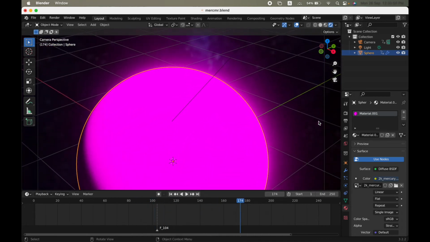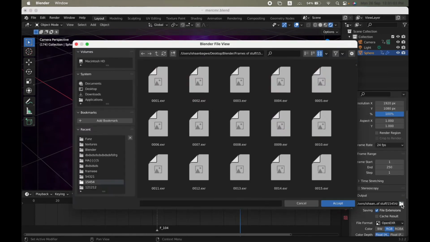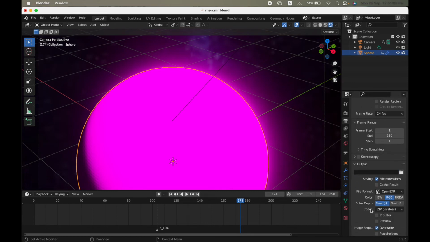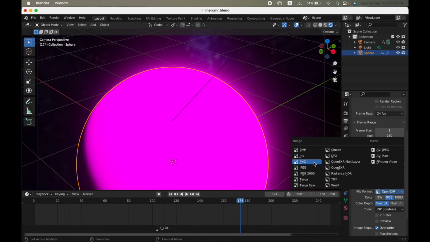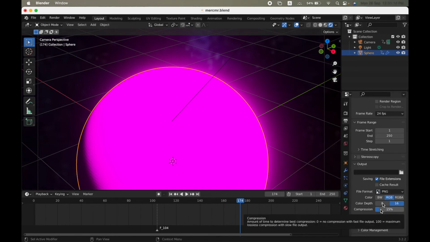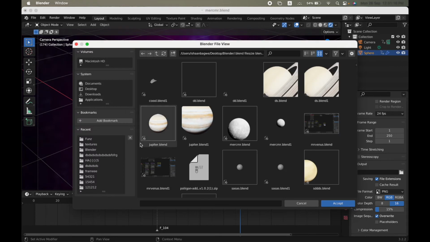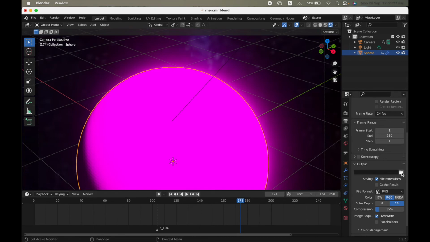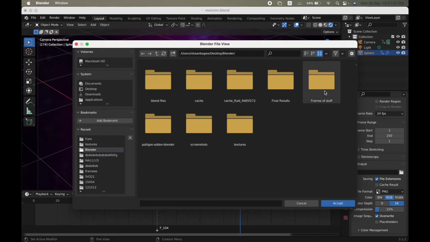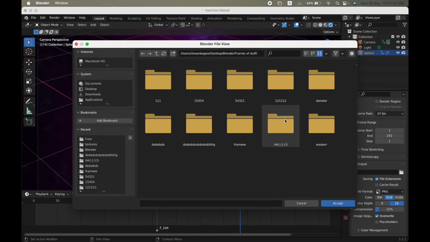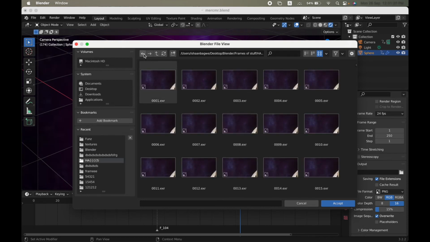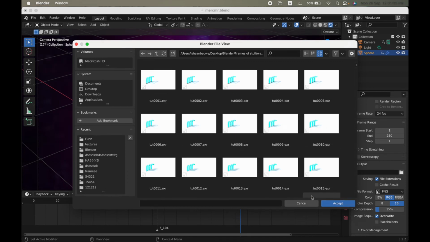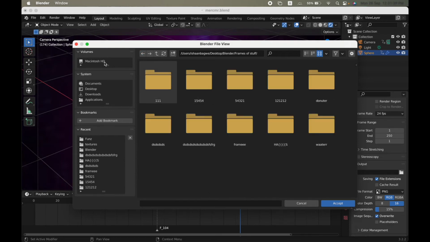Now you have to render it. What you have to do, you have to click this button, and this will be default, and it will be like dot temp, and this will be PNG. So basically what you have to do, let me just tell you, go here, go in any file, create a new file, like I have done, create a new file in frames of stuff. As you can see, I have put random names there, and these have all the frames of my items. So just create a new file, like here, add new folder, click inside and click accept. And after you click the accept button,